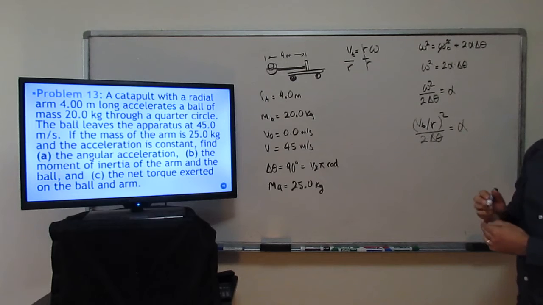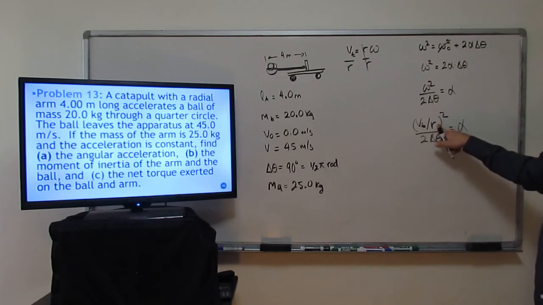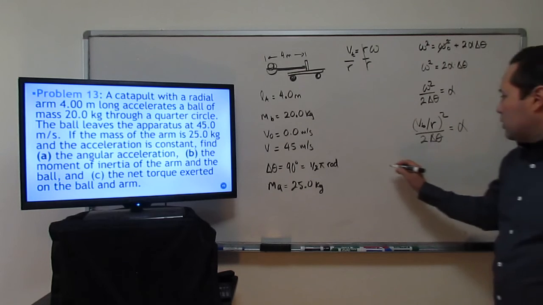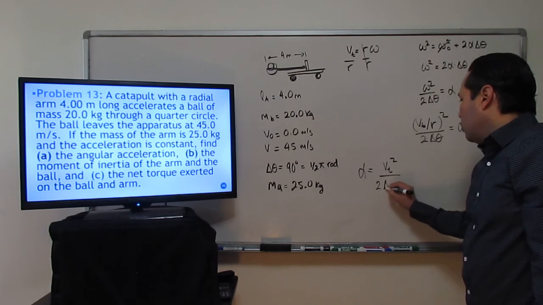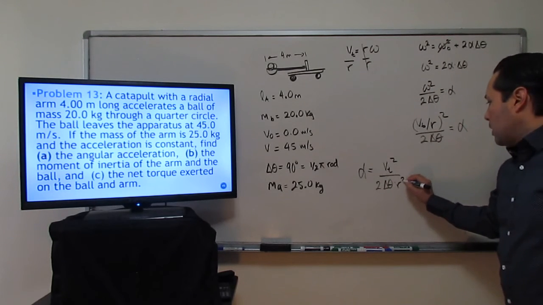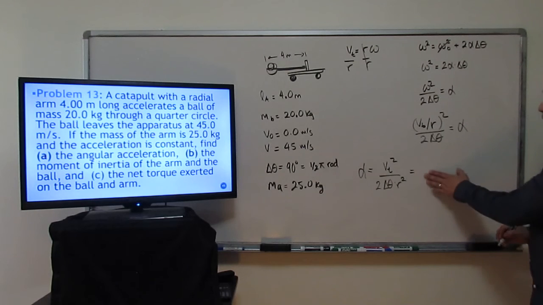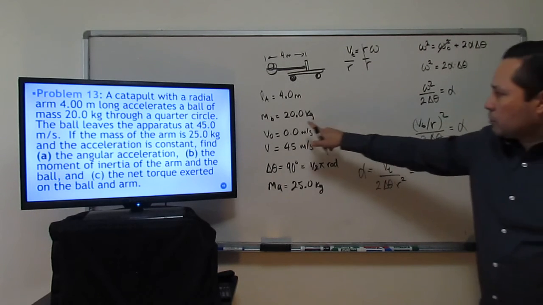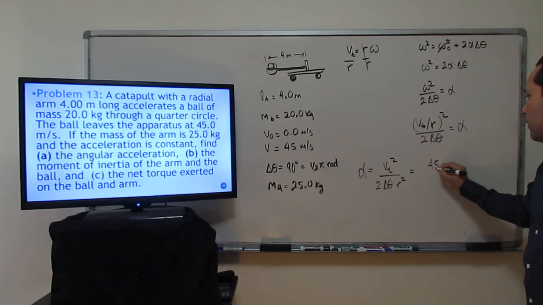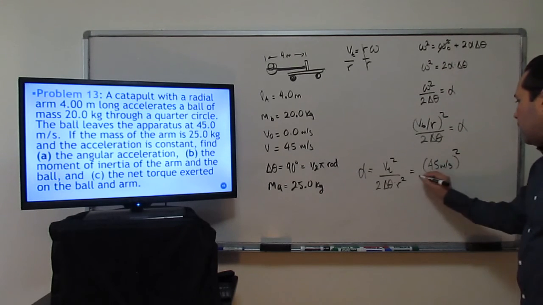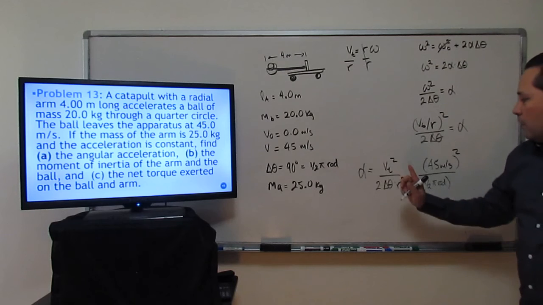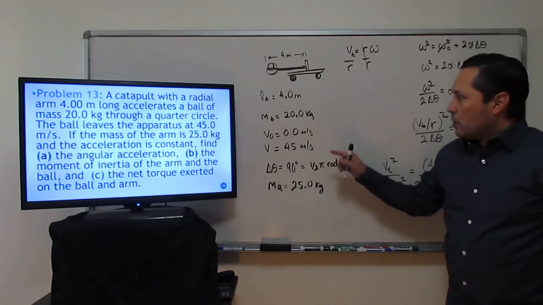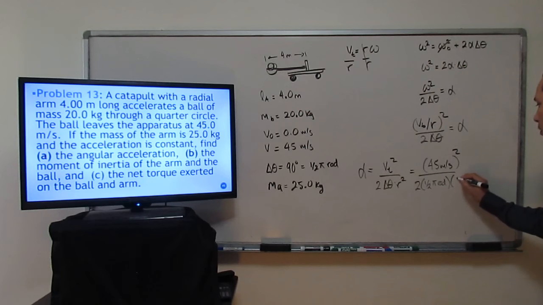All right, so let's go ahead and plug in all these values, and ideally we should be able to move the 2 down here. So let's rewrite it a little bit neater. Velocity tangential squared over 2 angular displacement multiplied times the radius squared. All right, so that looks a little bit better. Plug in the values. So it's going to be initial velocity of 45 meters per second. That's going to be squared divided by 2 times the angular displacement, which is 1/2 pi rad. And finally the r, which is the length of the arm, which is going to be 4 meters, and that